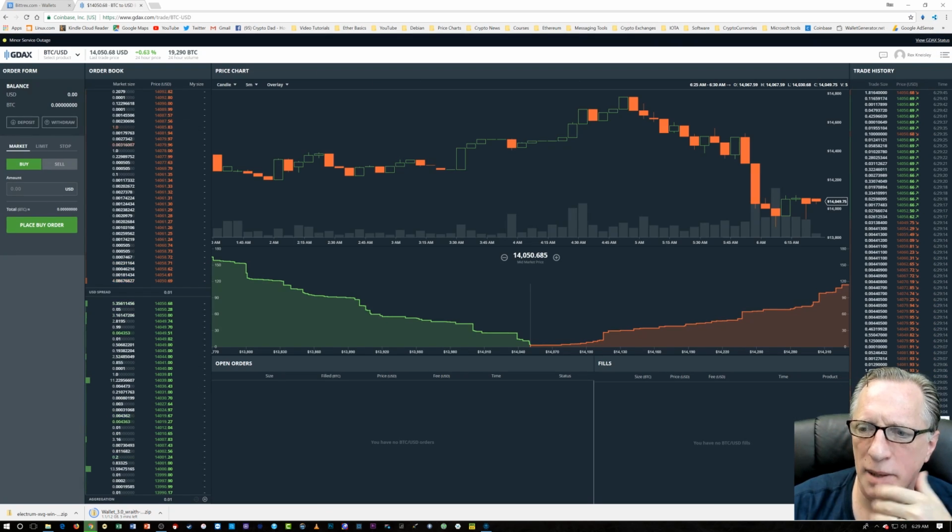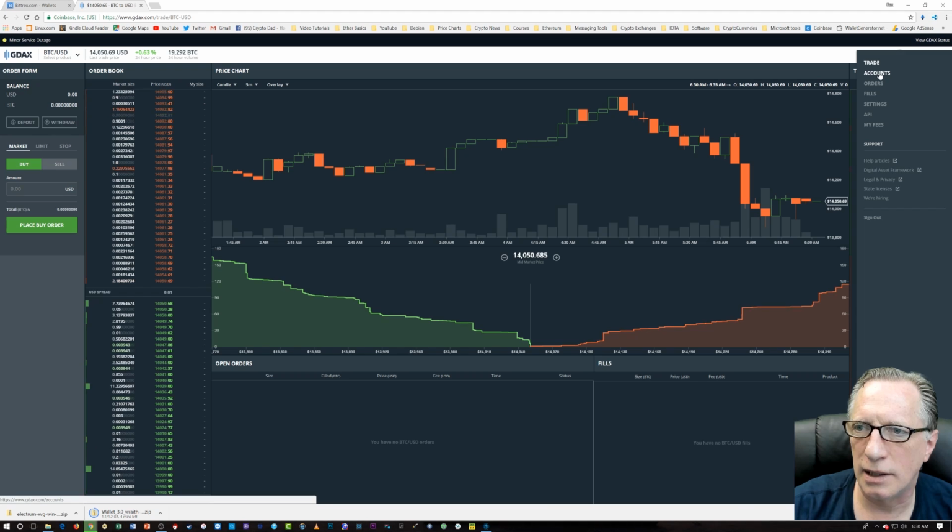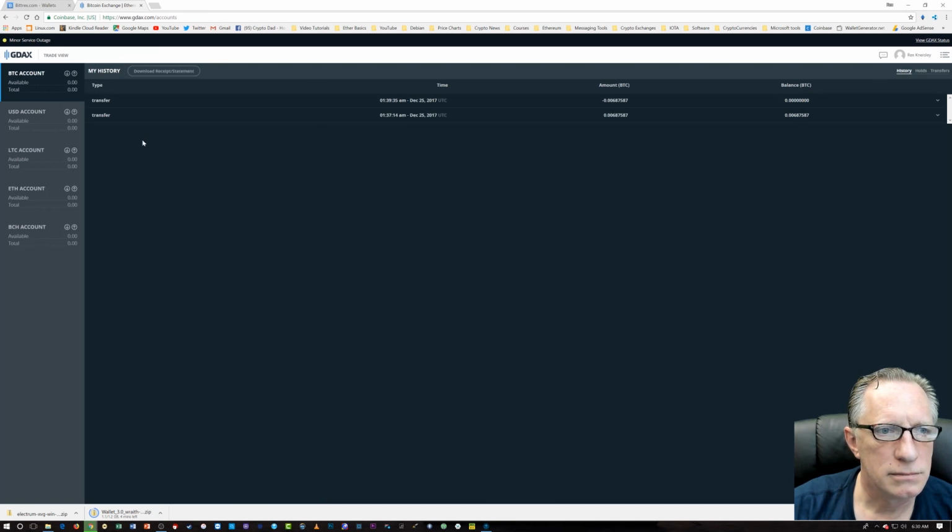And you'll remember I purchased the cryptocurrency on Coinbase. I transferred it to GDAX, and then I transferred it out over to GDAX. And as you can see here, it came in 0.00687587 was the exact amount of Bitcoin that was transferred over from